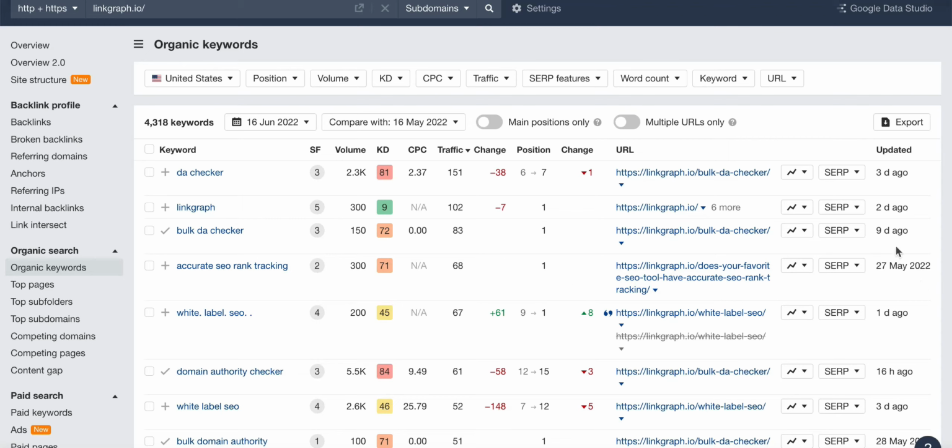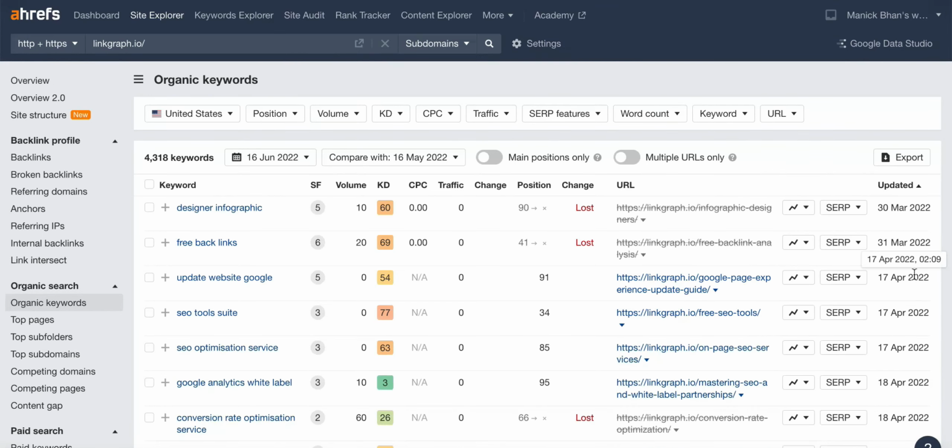And it's not scraping the SERPs for every keyword every day. Depending on the search volume and the popularity of the keyword, that's how it determines how often it's scraping for position updates. So if we were to filter this column by the latest or oldest updated date, it goes back as far as 2 months. And we know that a lot can happen in the SERPs over the course of 2 months.